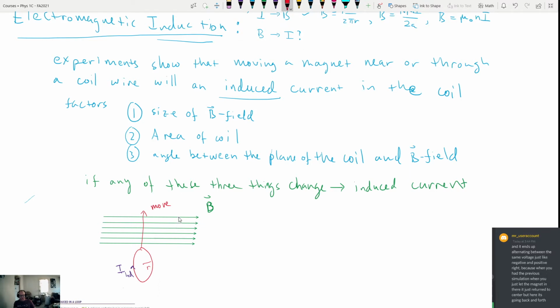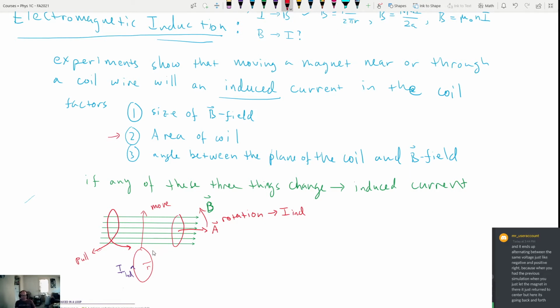Likewise, if I take my coil and place it here, and I tell you that the area vector for my coil points this way, if I now twist it like this, so if I rotate the coil, the rotation of the coil will also lead to an induced current in the coil. In addition to that, if I were to take a loop of wire like this, and I pull in both directions this way, so I pull on both sides so that the wire drops to an area of 0, then the area of the coil would change,